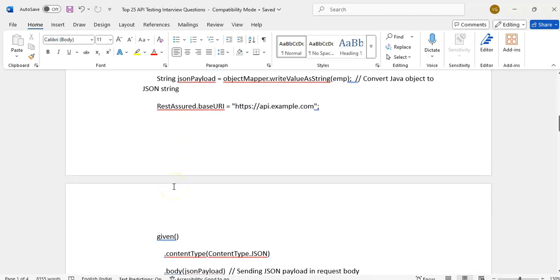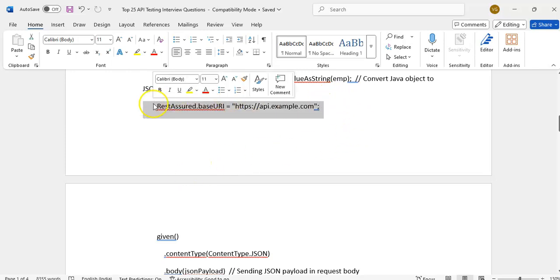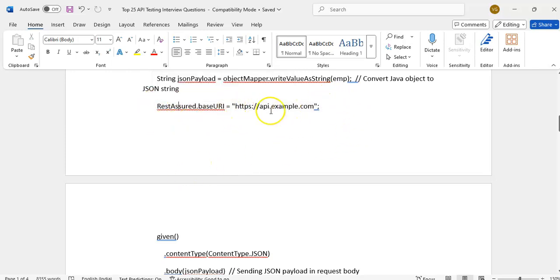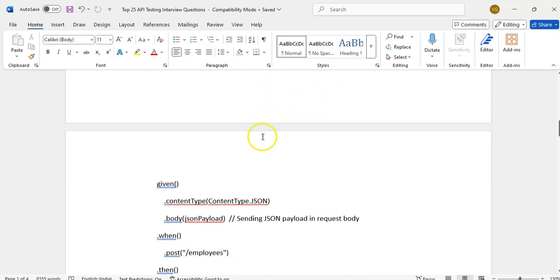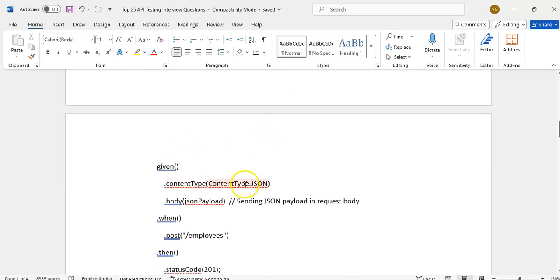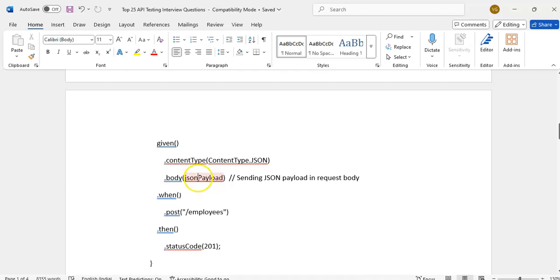Now, how to execute it? In REST Assured, first we set the base URI, the base URL of the API, then give the content type as JSON, and then set the JSON body. The form is given, when, then, like Cucumber scenarios.